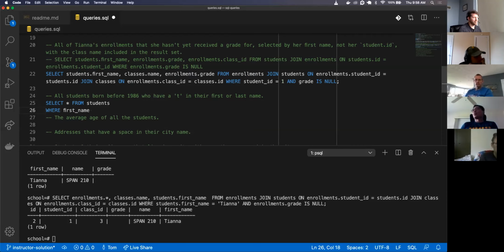Anyone want to help him out with getting the first name or last name with T's in there? I would add the LIKE instead of where. No, you still keep the where, but you do the LIKE after, and it's case sensitive. And then I think it's %T%.